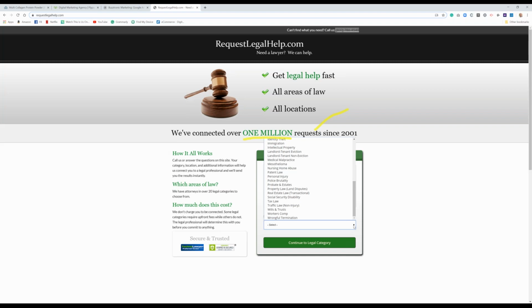We cover all areas of law, including divorce, car accident, evictions, tax law, disability, workers' comp. Those are probably kind of the more common ones, I would guess. And so you want to actually show them somehow that you're comprehensive. So trust, we've been around. Yes, we have a lot of transactions, but they're not just requests. They're connected people to over 1 million attorneys. That sounds a lot more powerful.